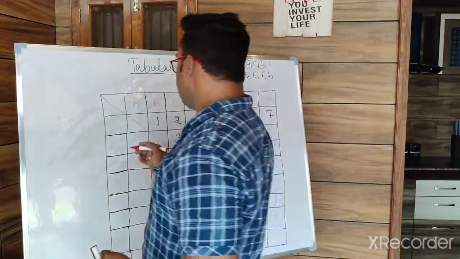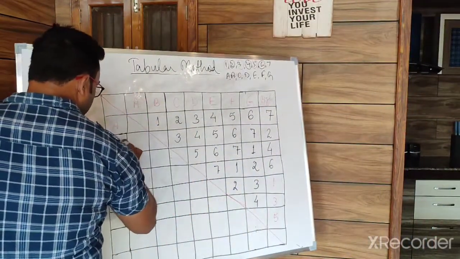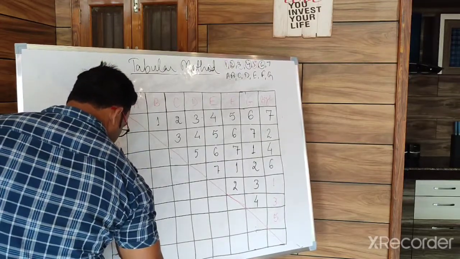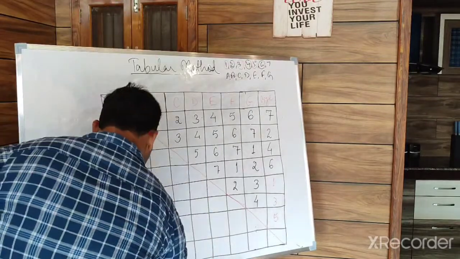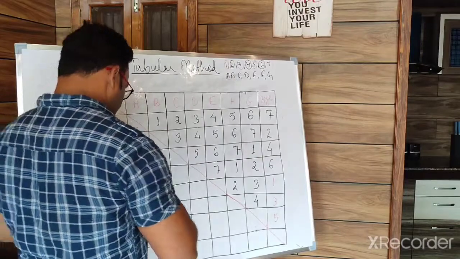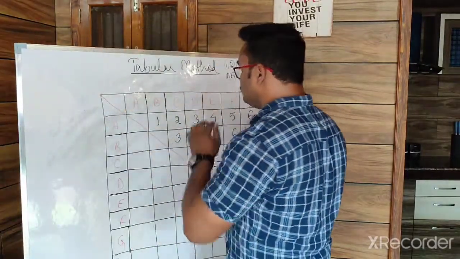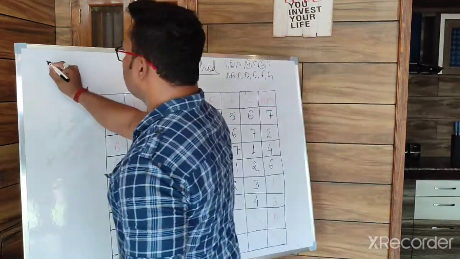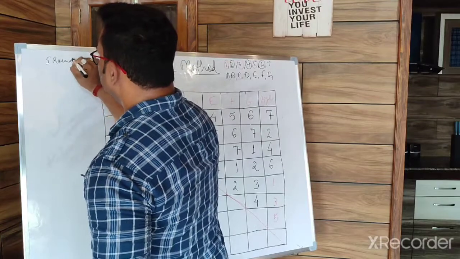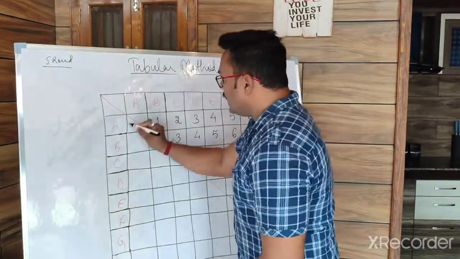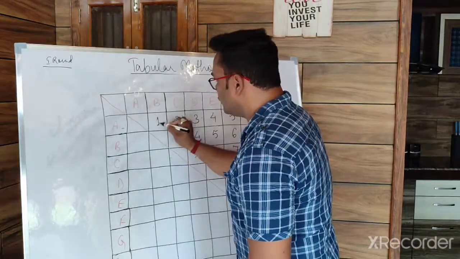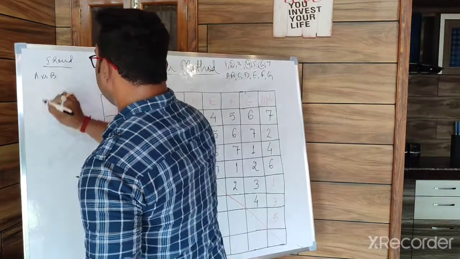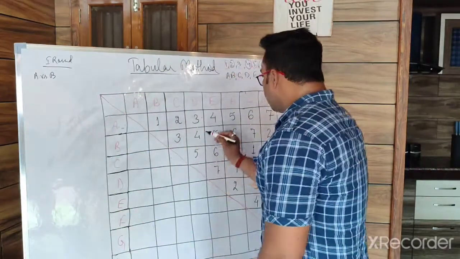And the same teams we have to write here also: A, B, C, D, E, F and G. And this is for bye. So like that you have to arrange. See, first round, wherever you see 1. Which teams are going to play, you can see. A with B. You can see, no? Diagonally it is arranged. So A versus B, match number 1.